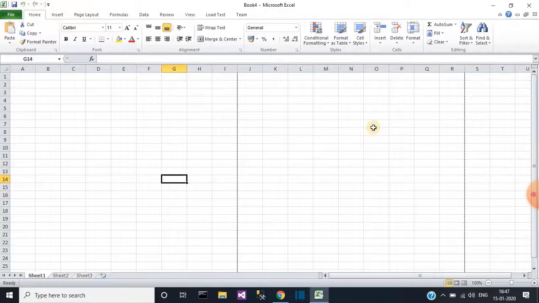And if you press Control plus N, you can automatically create a new workbook without going or clicking anywhere. This way you can close your file also using Control W. If you haven't changed anything in it, you can press Control W to close your current file, and Control S to save your work.